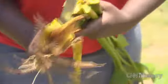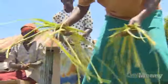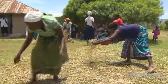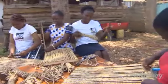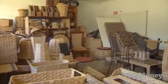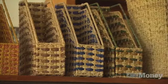The process of making hyacinth products is long and tedious. Harvesting, splitting of the fibers, drying and weaving may take days or even weeks, depending on the end product. And the finished items are not cheap. They're mainly sold in large towns and across the country, and the profits paid out to members depending on individual